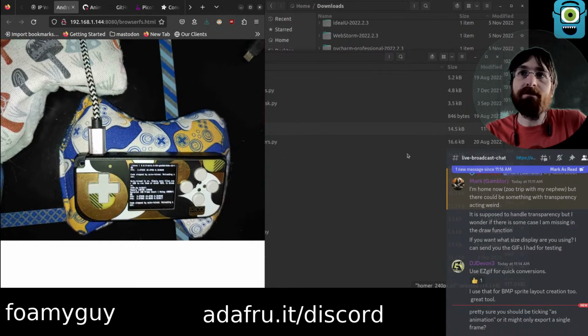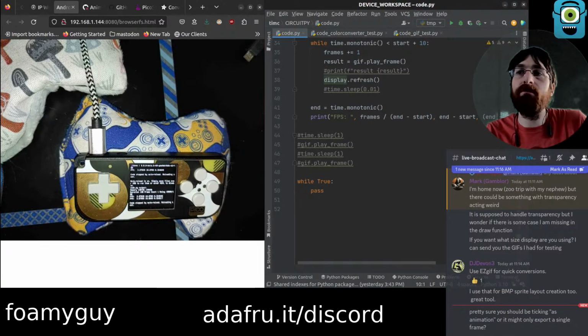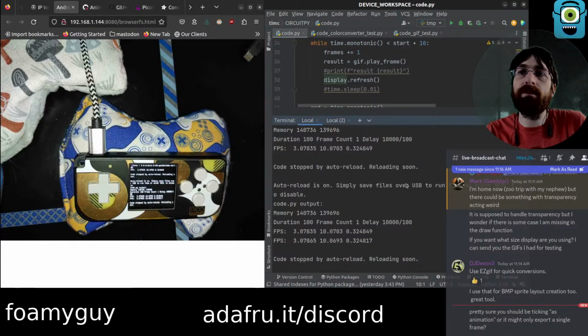That was awfully slow. Override it with the terminal there. What we're doing now. It stopped.